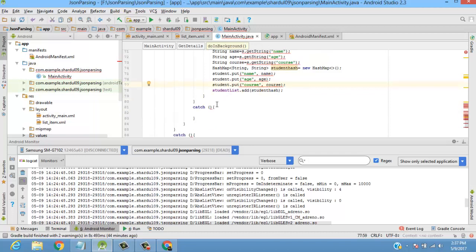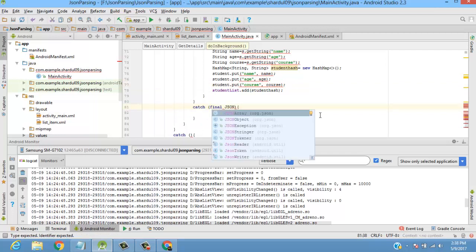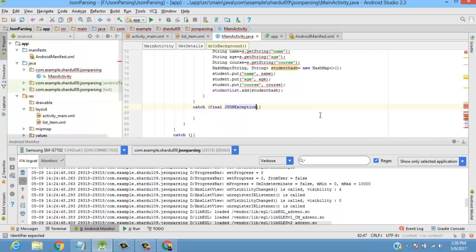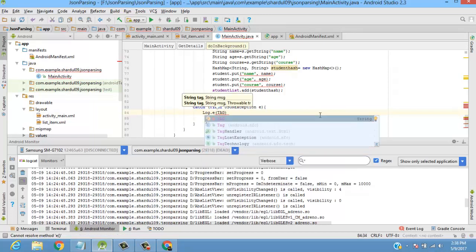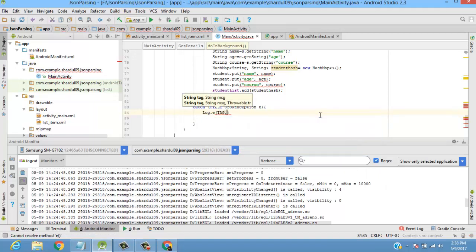Now in the catch statement we need to write, we'll say final JSON object, JSON exception, not object. Give value as e, and inside this we'll say now log dot e. Log dot e stands for log dot error, e stands for error. Now we'll pass that tag value over here, string tag, which we have defined privately globally. So we'll pass that tag over here